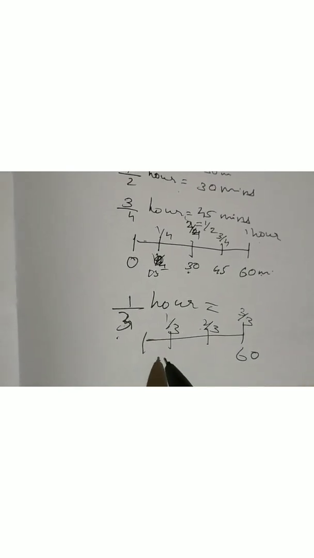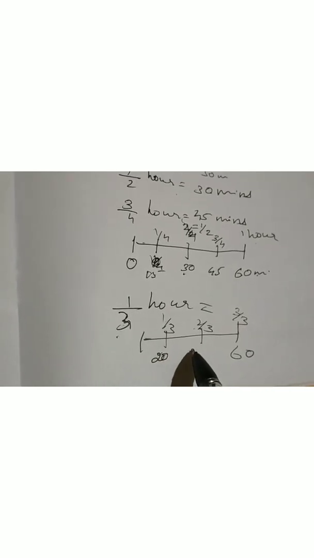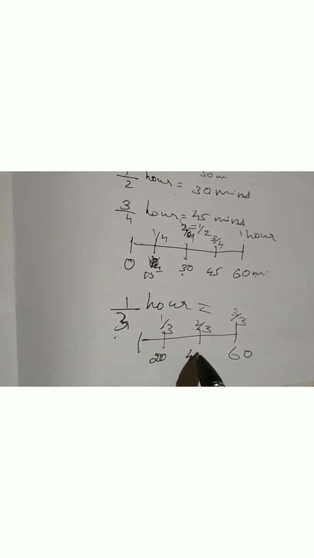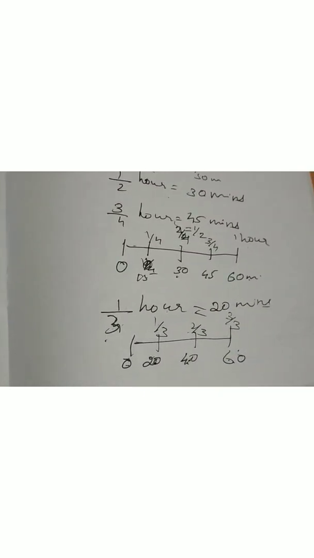So here will be 20 minutes. Then 40 minutes. 60 minutes. 0 plus 20, 20. 20 plus 20, 40. 40 plus 20, 60. Now, equal parts. Is it clear? So we can say 1 on 3 hour will be 20 minutes. Okay. Now